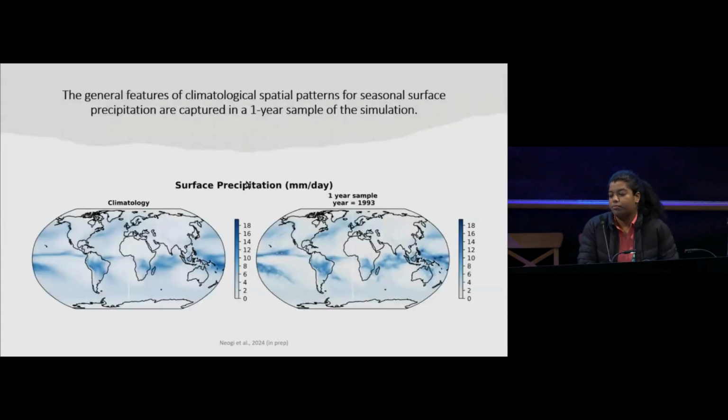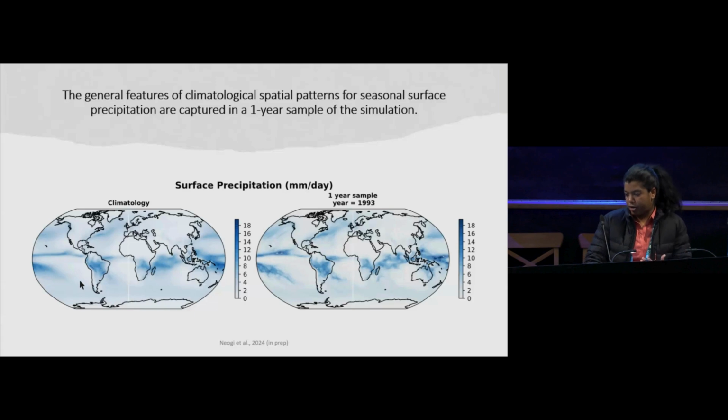If you look at a random 1-year sample from the AMIP simulation and compare it to your 35-year climatology for, say, surface precipitation here, you already see that general spatial features are pretty well captured, even in a 1-year simulation. And we want to see how many short samples would be enough in this case.